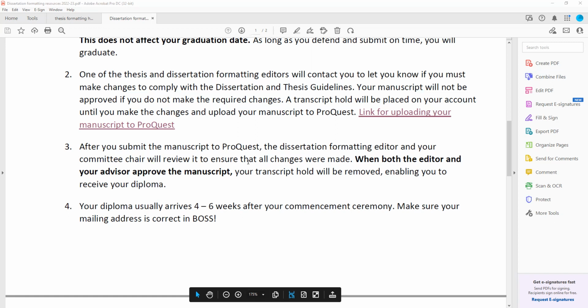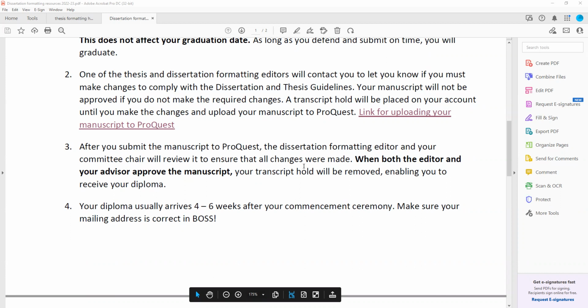So sometimes, well, okay, frequently it happens that when you get into your defense, the committee may still ask you for a round of revisions, and your chair will guarantee that that gets done. Make sure that your chair is looking for the email from us, because this is another thing that can sometimes hold it up. Most of the chairs are very good about approving their students' thesis or dissertation to be published in ProQuest. But occasionally they get busy and it slips out of their mind. You might have to nudge them.